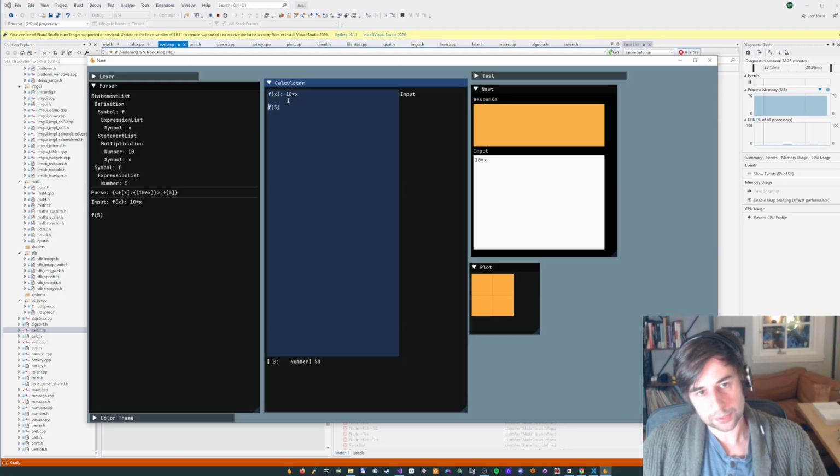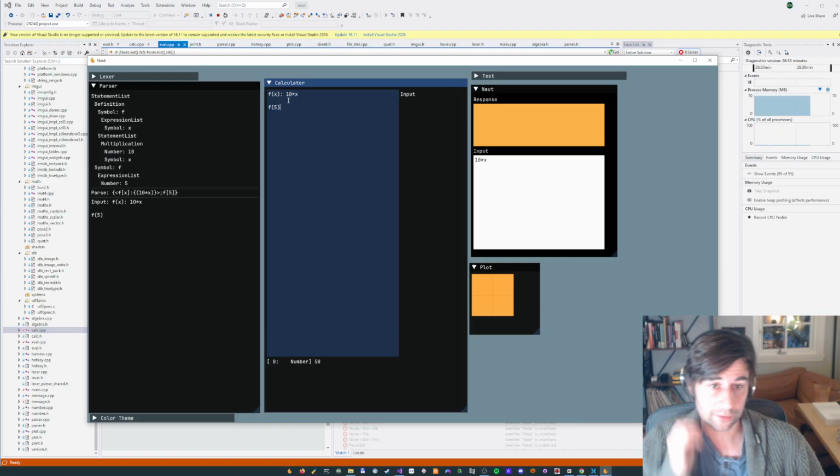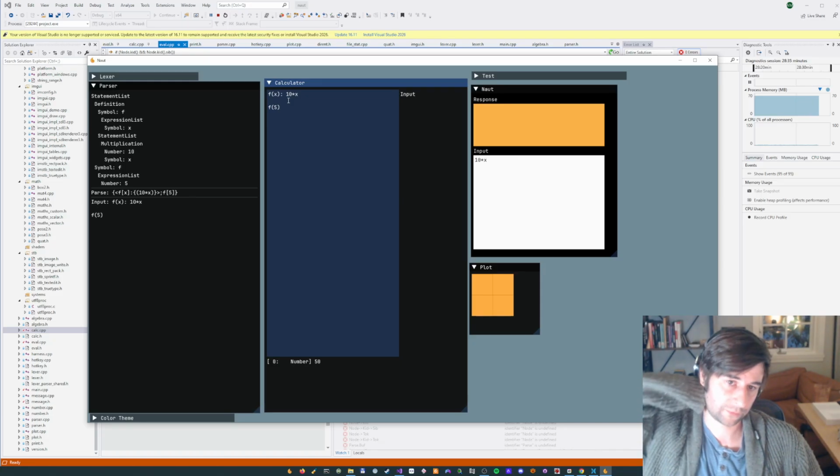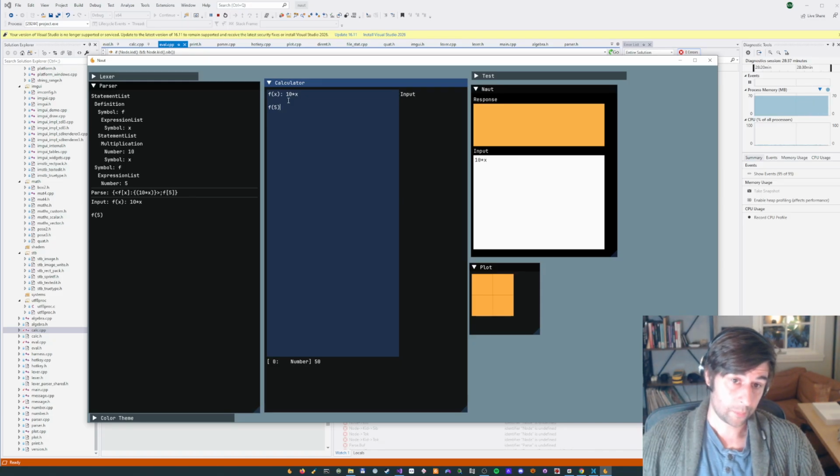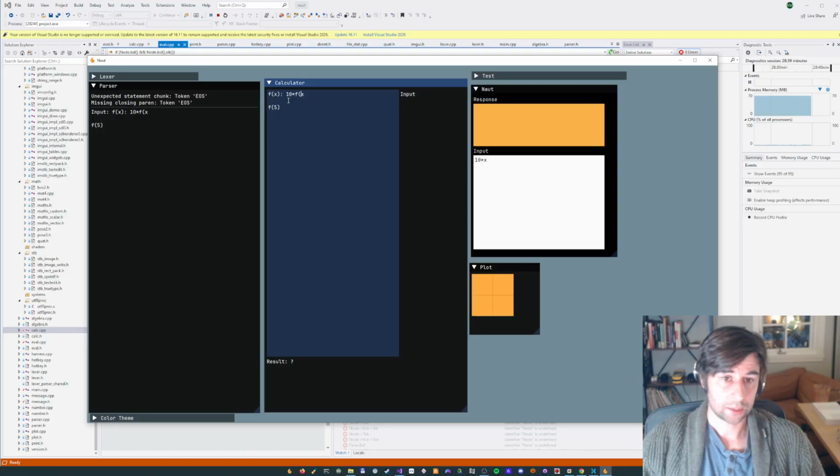Okay, I'm going to replace that with 10 times x. I'm going to replace the argument with x, and it would substitute the argument and then collapse the tree, and it would ultimately replace f of 5 with 50. But if you do something wacky like that,